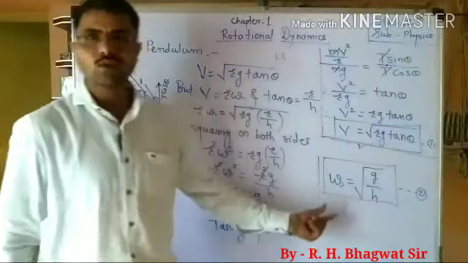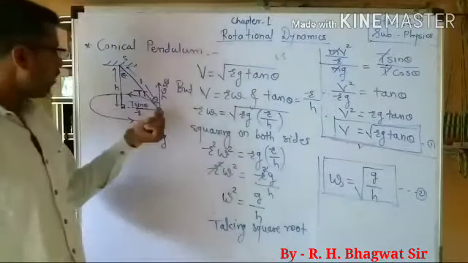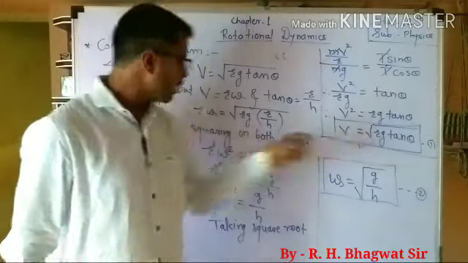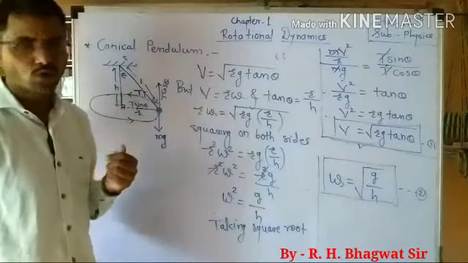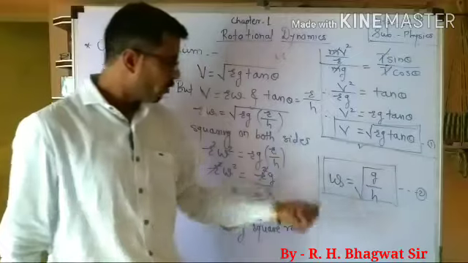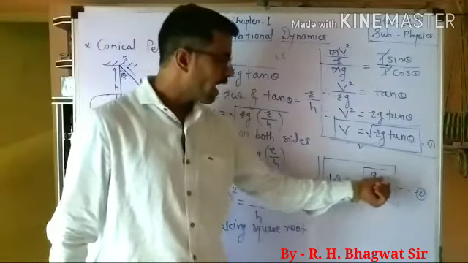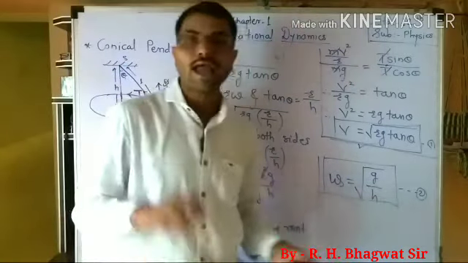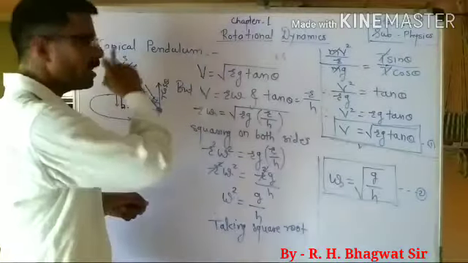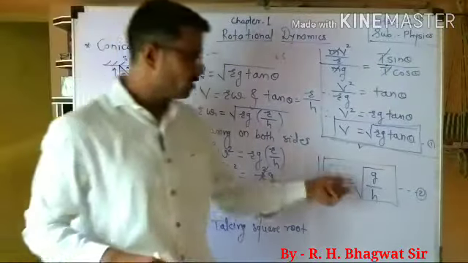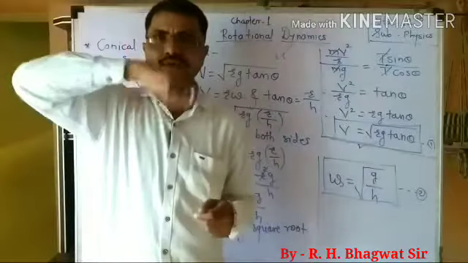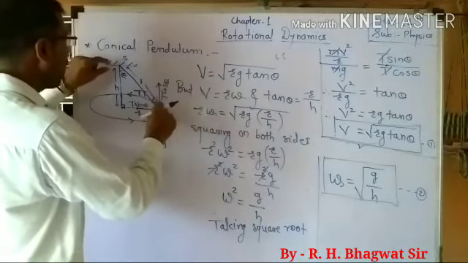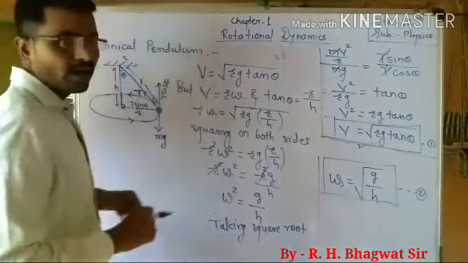Now this is the second equation and this is the first equation. The second equation gives the angular velocity of the bob performing circular motion, while the first equation gives the linear velocity of the bob performing circular motion in a conical pendulum. This angular velocity depends on the acceleration due to gravity, which is a constant, and on the vertical height of the conical pendulum. As the angular velocity of the bob increases, if we increase the number of revolutions, then its vertical height goes on decreasing, and the bob of the conical pendulum goes in the upward direction.